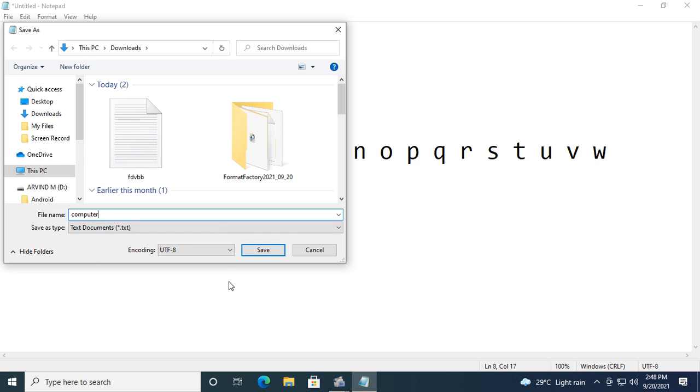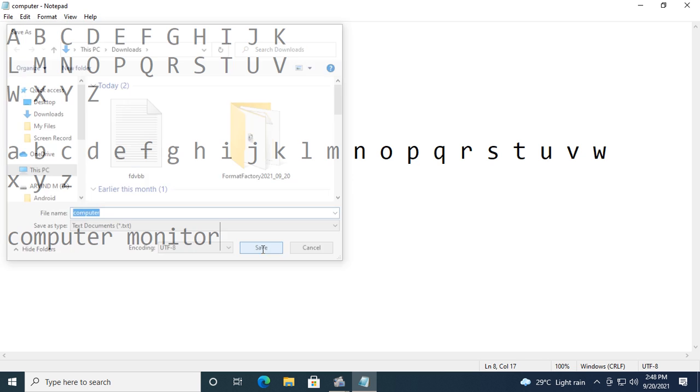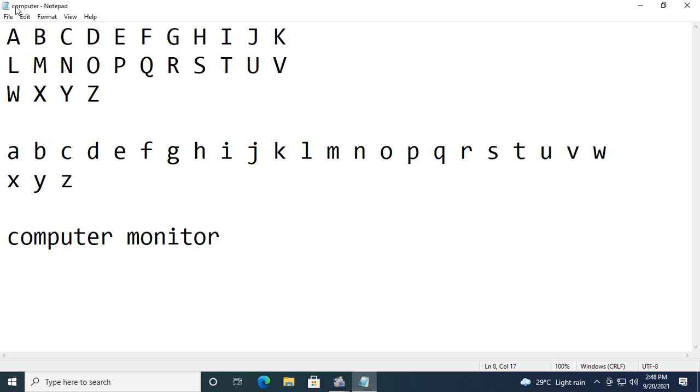I have given the file name as computer. Then click on Save. See here children, you can see the computer file name is being displayed here. So like this you are going to use the Notepad to type and get familiar with the keyboard.